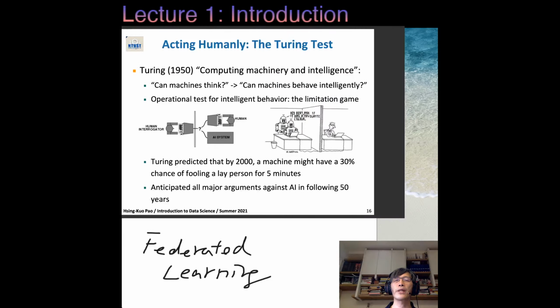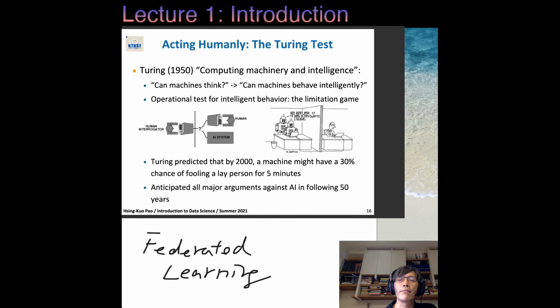So if you can tell it's a robot, that means that robot doesn't pass the Turing test, right? So it has been, let's say, more than half a century ago when Turing proposed this kind of task. Then at that time, humans predicted that by Y2K, it would already be passed, right?